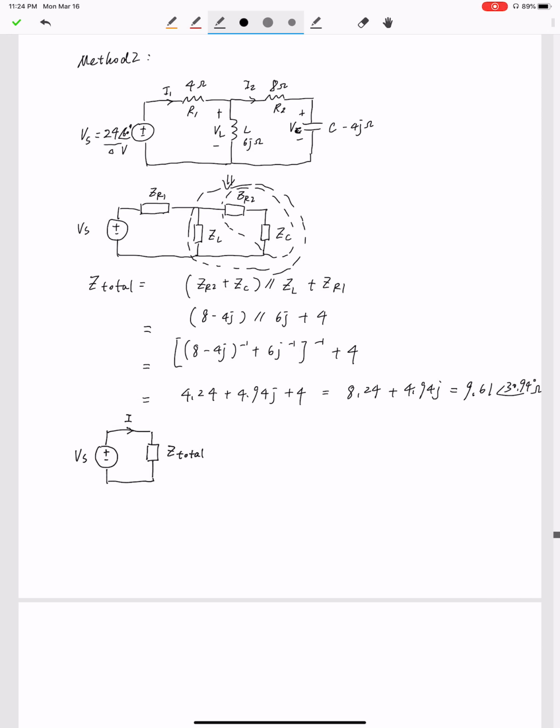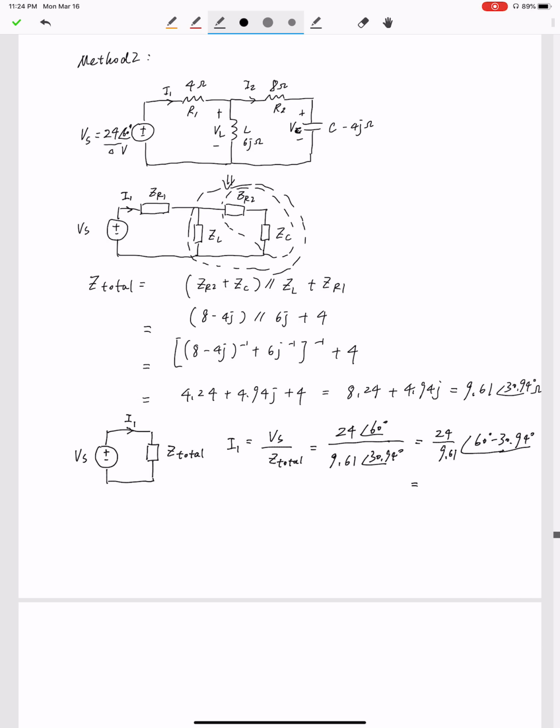Let's name it I1, and that is exactly I1, right? I1 equals Vs divided by Z total, which equals 24∠60 degrees divided by 9.61∠13.94 degrees. Due to the complex number division in polar form, we take the ratio of the magnitude parts and the subtraction of the phase angle parts, and the result is